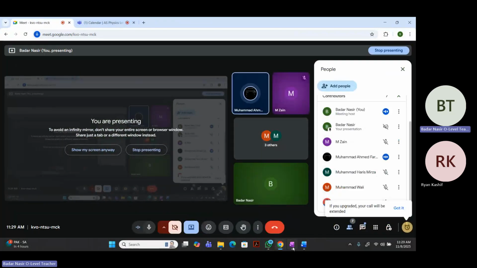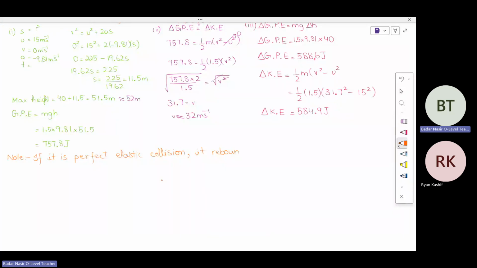सर वो note में लिख रहा था। हाँ ये लिख लो आप लोग, ठीक है। So if it is a perfect elastic collision, it rebounds with the same energy. ठीक है।